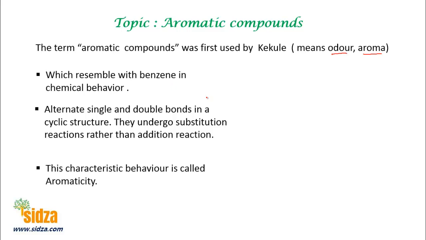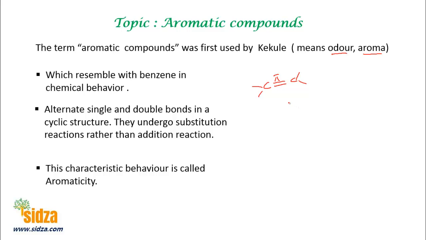Aromatic compounds are very stable. They do not undergo addition reactions, rather they undergo substitution reactions, right? Unlike a normal carbon-carbon double bond in alkenes, which is very reactive. Alkenes are very reactive because of the presence of a pi bond, and they normally undergo addition reactions, right? So the double bond breaks and something adds across a double bond.